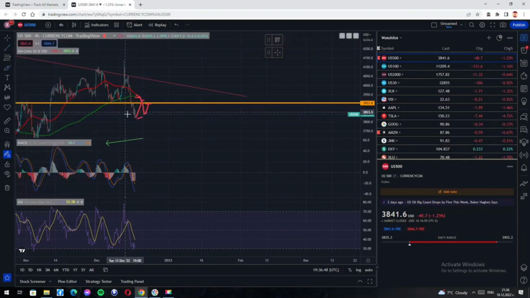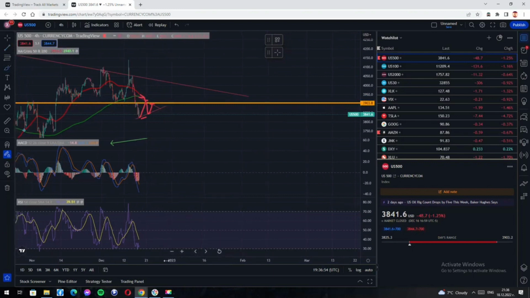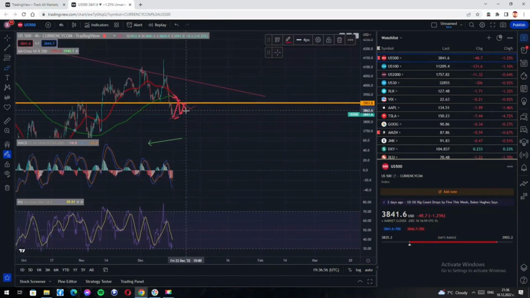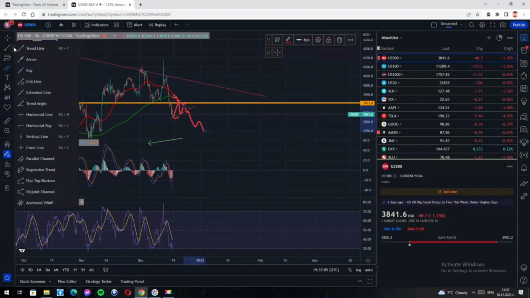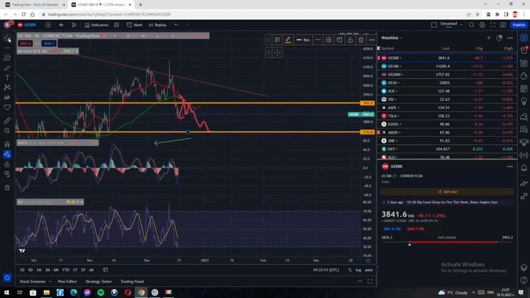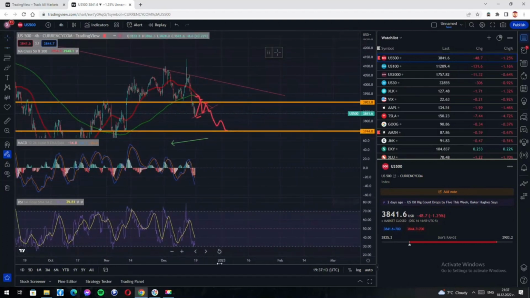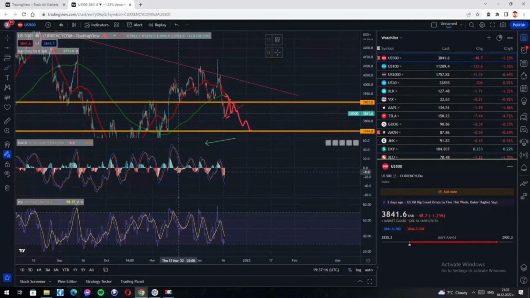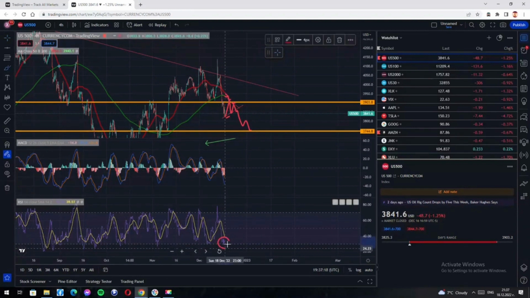So after we make lower lows and lower highs on this small time frame, I believe something like this will occur, a bearish pennant, which will break to the downside, and during Wednesday, Thursday and Friday we'll be going lower and lower. I believe that we will be ending the week right around here. This is my prediction for the week, and I believe that firstly, as you can see on the 4-hour chart,